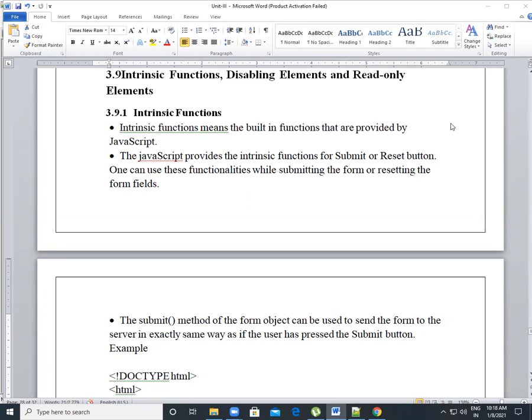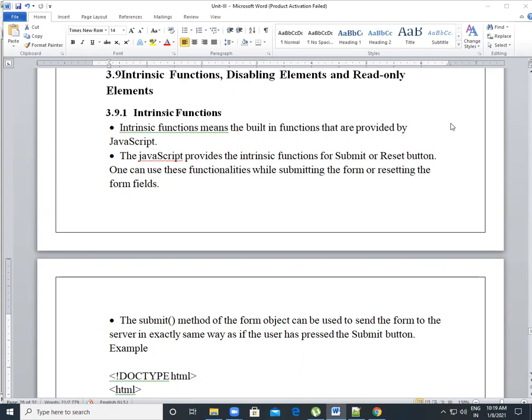When you submit your form, or click the submit button, the information is stored in your database as it is, or you can reset those fields using another button called the reset button, correct? So there are two types of functions for two types of buttons. First is the submit button and second is the reset button.